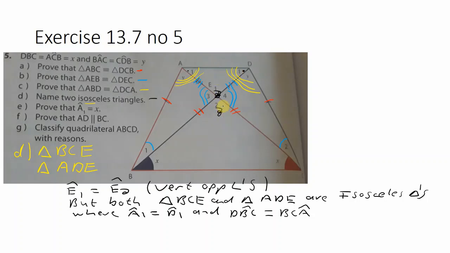Similarly here, we will have to subtract this size from 180 since the triangle is 180 degrees and take that answer and divide by 2. But in both cases we will get the same answer. So therefore this x must be equal to A1. So we can say therefore A1, angle A1 equals to x